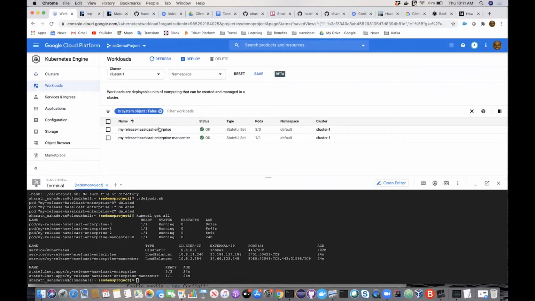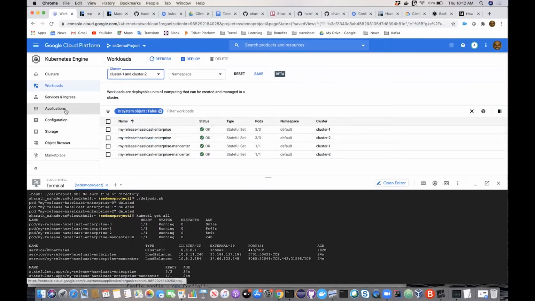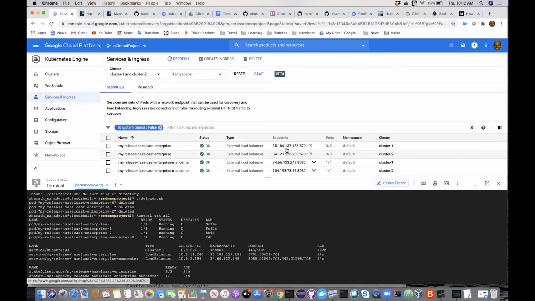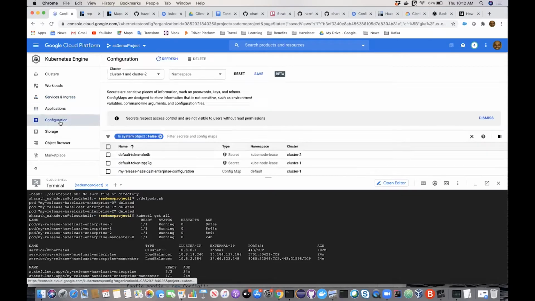If you go and look at the workloads, you will see Hazelcast Enterprise and Management Center. If I select here both cluster 1 and cluster 2, likewise you see both the Enterprise and Management Center installed under cluster 1 and cluster 2. Under services and ingress, note the external IPs that are there. That is the place where you can hit the services. So under configuration, if we go in there,